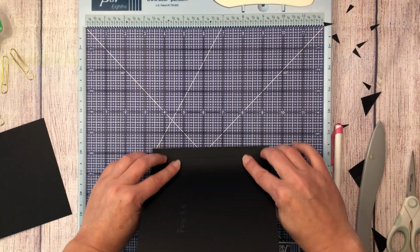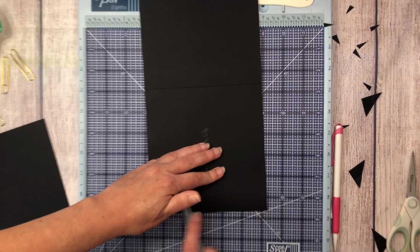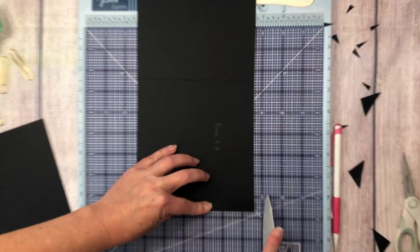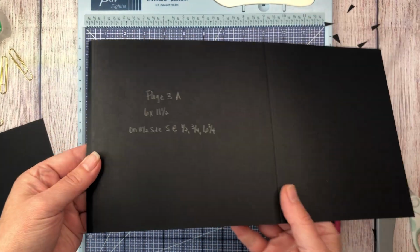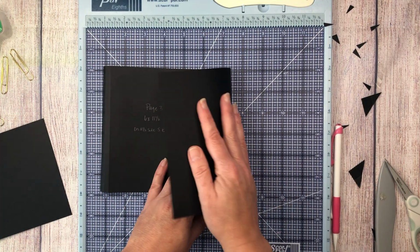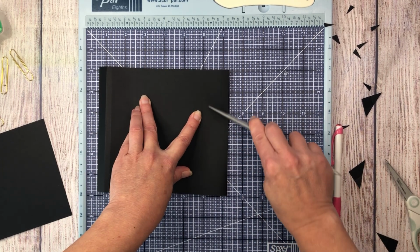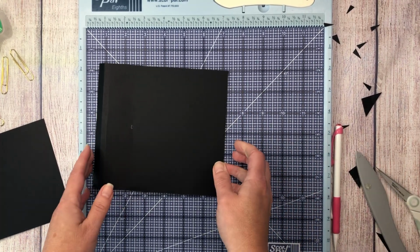So just folding again on our score lines. This is our hinge. Okay, so we have our hinge, which goes like this. So now your page, here's your hinge. This is the way your page goes. And then we're folding this over to make our pocket. Just looking at making sure it's going to be even here. I'm burnishing that down. Okay, again,